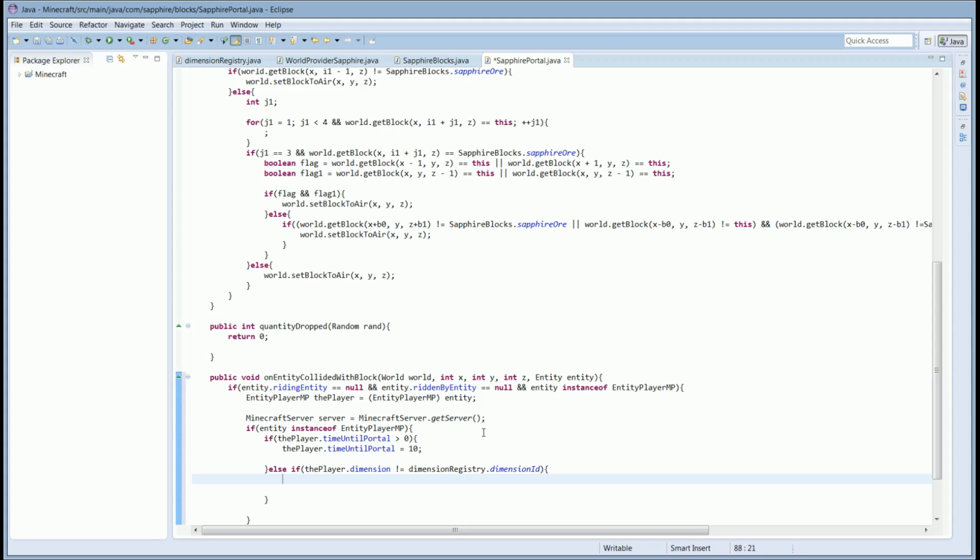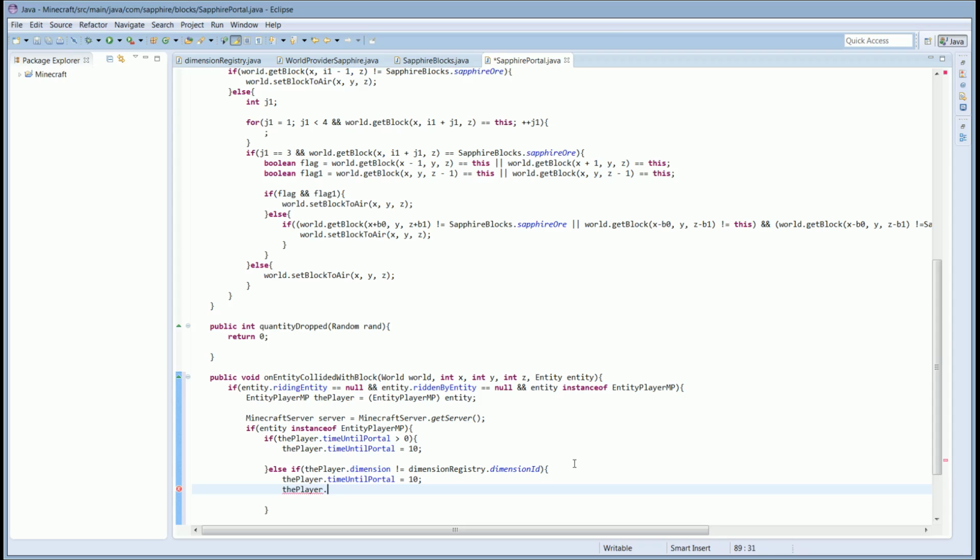So if the player dimension is not our dimension, then the player.timeUntilPortal equals 10. I still don't know what that means, but we are going to say if he is not in our dimension and he is in any other dimension and we make the portal and he goes into the portal, then